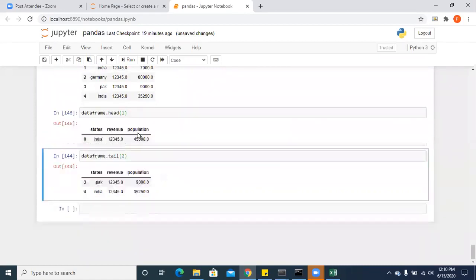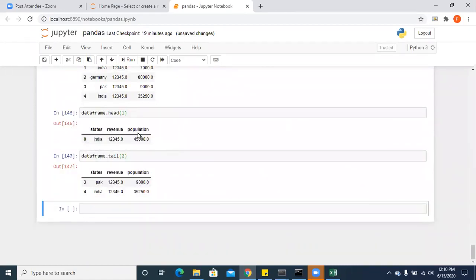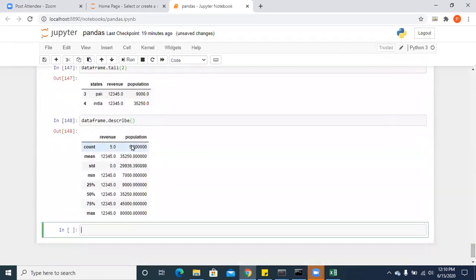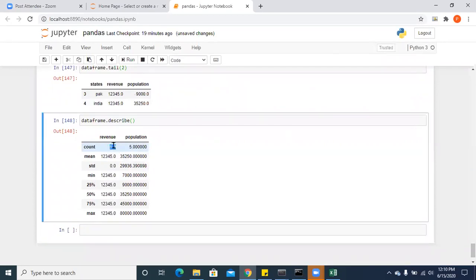All right. Now we have another function called describe. Data frame dot describe. So if you see, you can find the statistical relationships. So in revenue, there are 5 values.